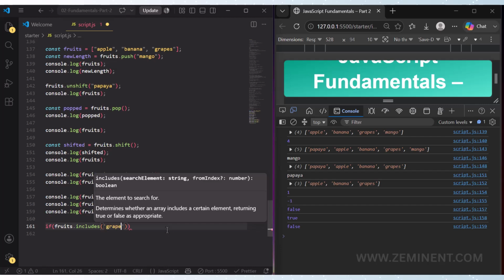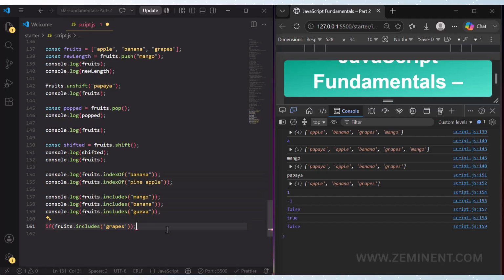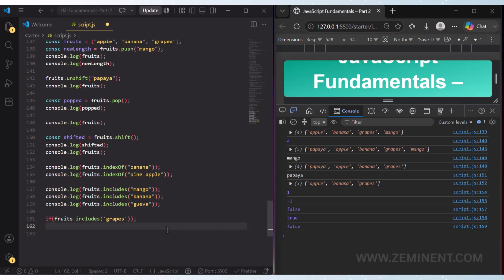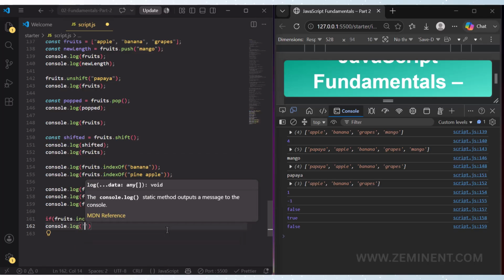I'm giving grapes. Console.log grapes are sour in taste.